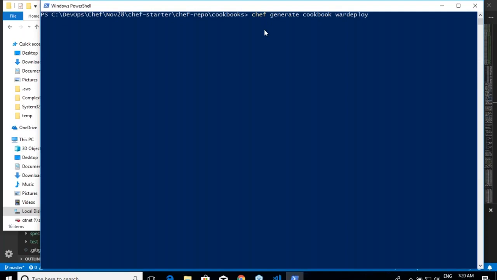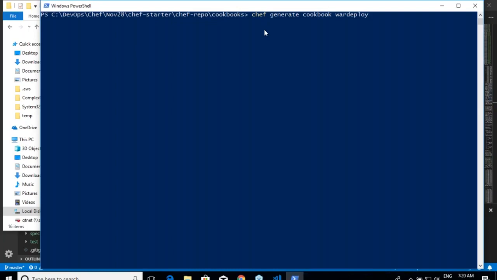The whole reason for writing this cookbook is that I will take a WAR file and try to deploy it into some Tomcat. That is the whole intention. But initially, when I configure, I'll write just one line, apt-get update, because I want to test it on Ubuntu, and then I'll configure Kitchen for AWS. Once that machine is up, I'll proceed with the other code. If one line executes, the whole cookbook executes. That's how we have to look at Kitchen.